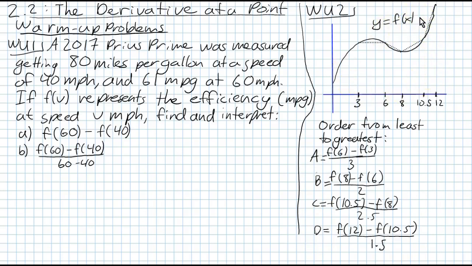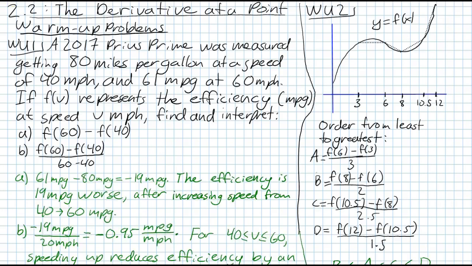So this f of x is different from the f of x over here. I should have called them something different. Anyways, there's your warm-up problems. I will pause it, and after I unpause it, you will see the answers to these. So you're going to want to pause it right now because the answers will appear in 3, 2, 1, and